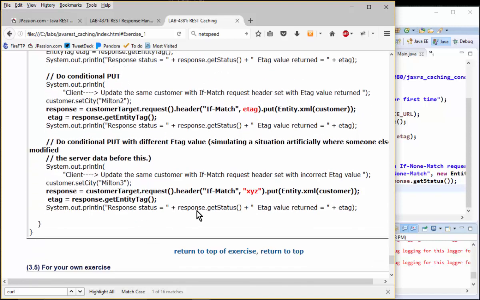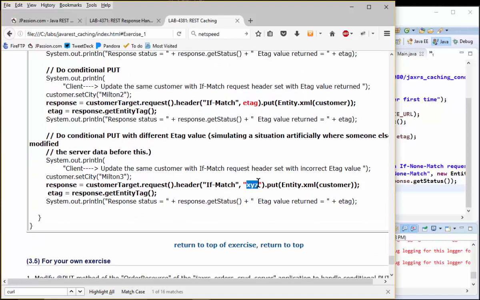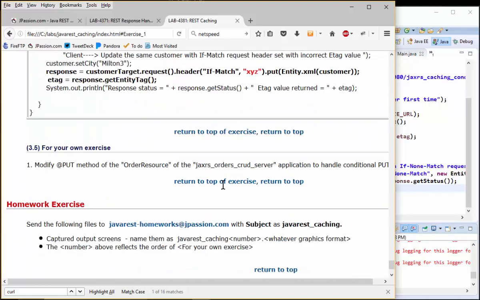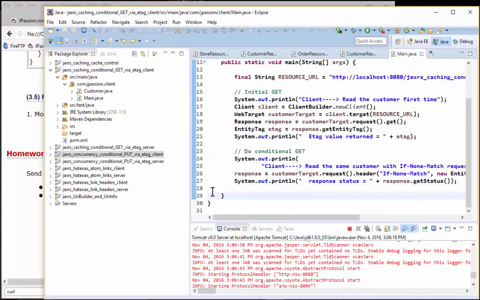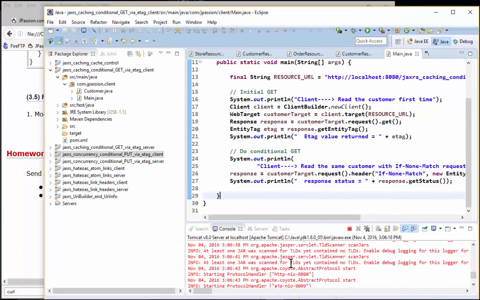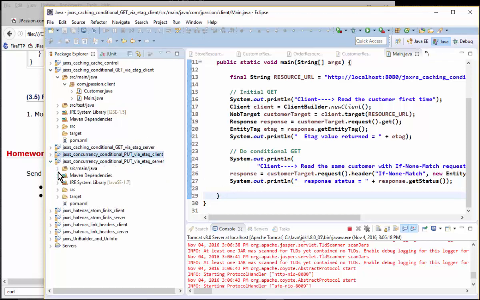Now the third case, we are just sending some kind of bogus value, XYZ. This is not the one that we have received here. In that case, the server is supposed to send back 412, but it doesn't send 412. Instead, it sends 400, and I could not figure out why that is the case. So that's what we have seen. If you take a look at the server side code here,